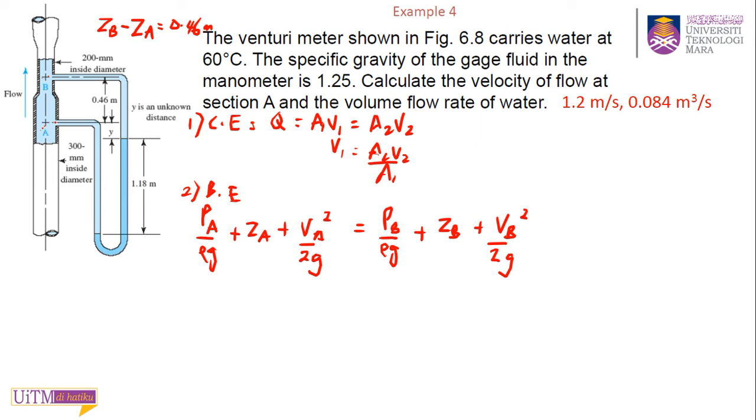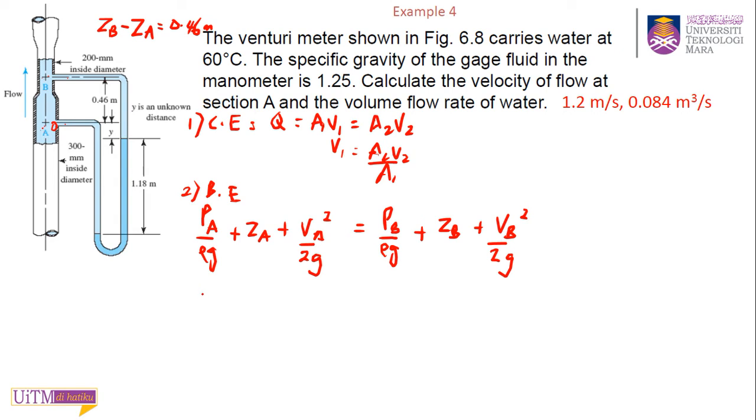So let's say ZA is 0. Okay, you can cancel out ZA if you take ZA as 0. Okay, betul lah tadi siapa? If you want to cancel out ZA, you can do that, if you take point A as your reference point. Okay, so this is 0 and this is 0.46. You can do that as well. Or you can do ZB minus ZA is 0.46. So yeah, you're right, tadi siapa cakap dia tu. You can cancel out one term of Z. Only one, not two. Okay, but now I take ZB minus ZA